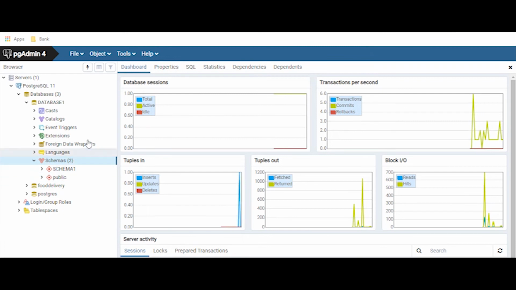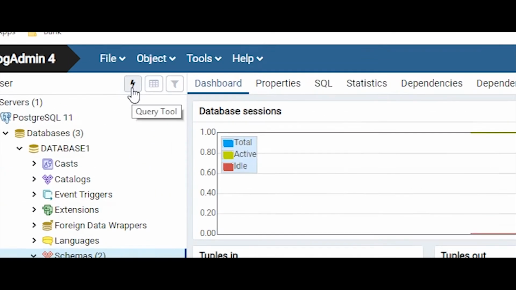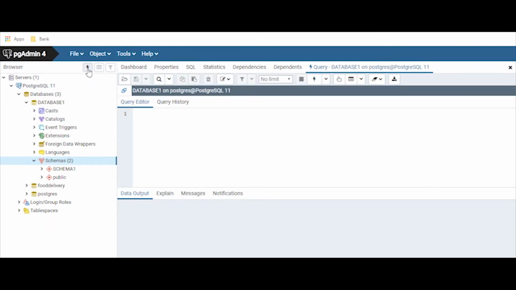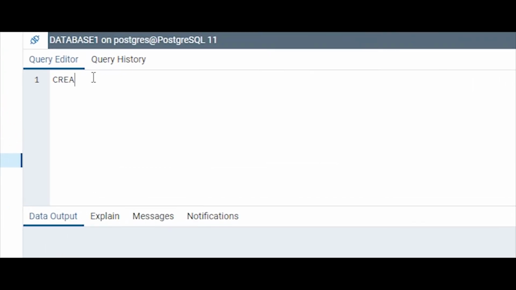Now to create a table, we will use the SQL query tool. Now, to create a table, we write the SQL query in the SQL editor. It will have an attribute c1, which is an int, a primary key.